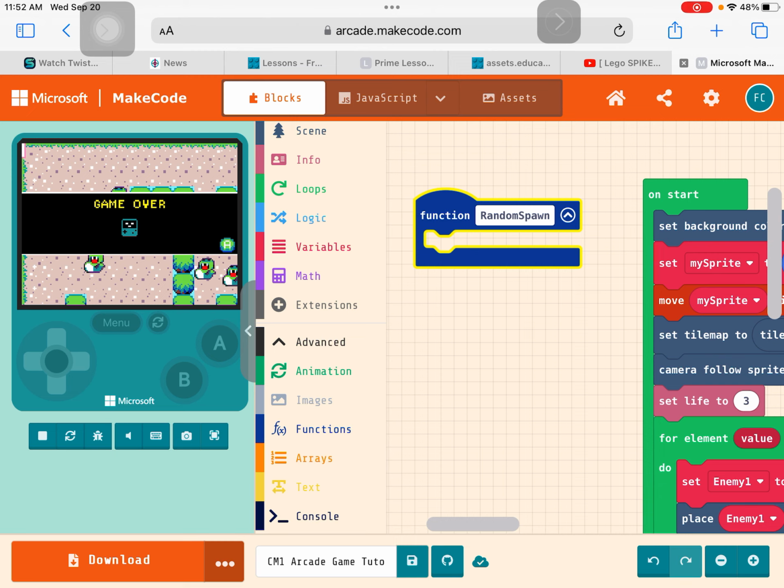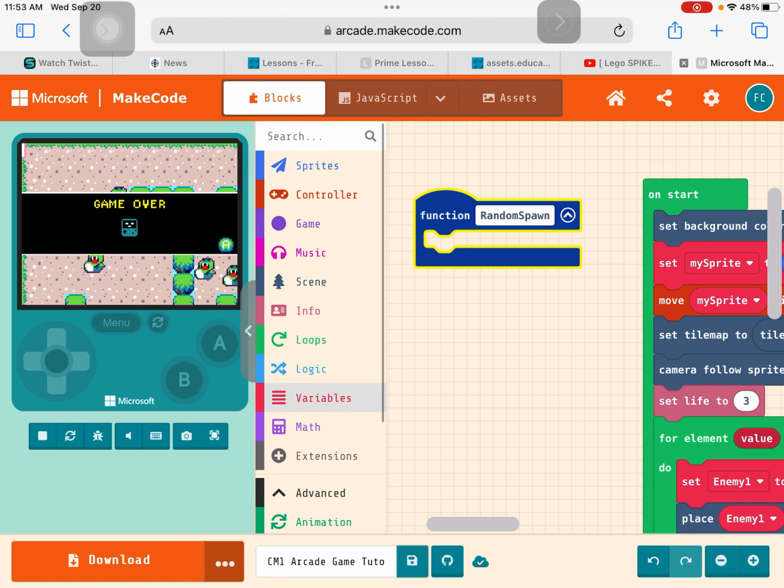All right, so whatever it is, you don't want it to be the same place every time. Otherwise, the game will get boring because every time you play it, it's just the same place. So we want it to be popping up at random places. Now, that's why we created this function. So next thing, we want to set